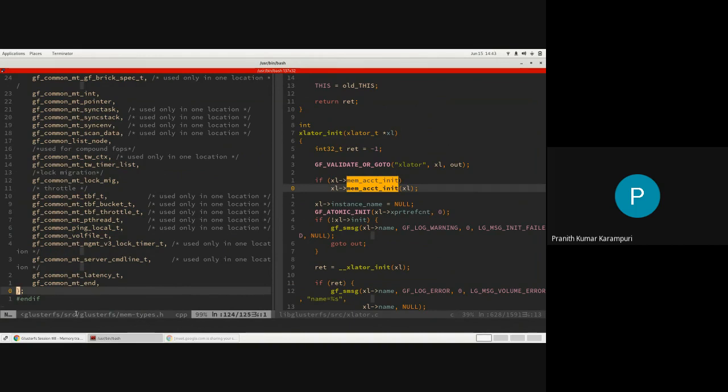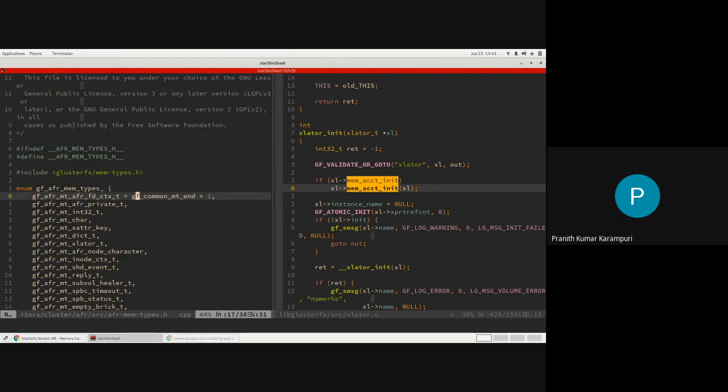So it is in glusterfs memtypes.h. So if AFR creates something like, let's say, sync task, the number for that gets picked from here. Okay, so that is the thing.